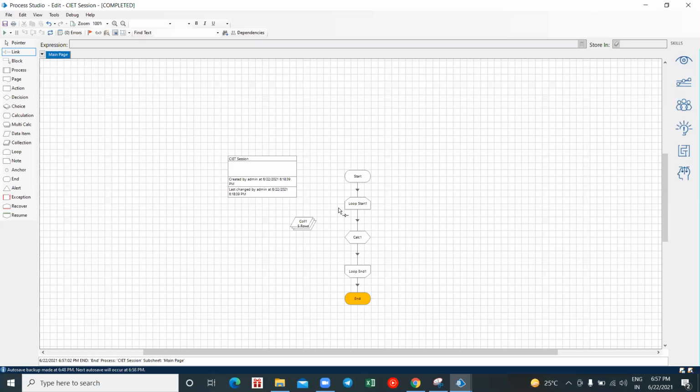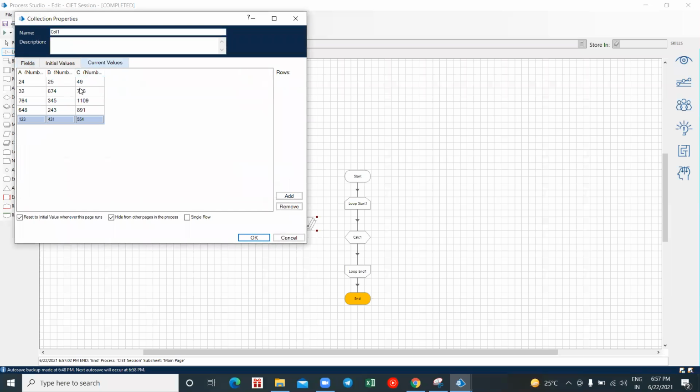Now when you use this loop stage, you can see all my 5 rows have been calculated. This is how we make use of our collection stage: instead of going with multiple data items, we go with this collection stage where I can add different data items in just one go.